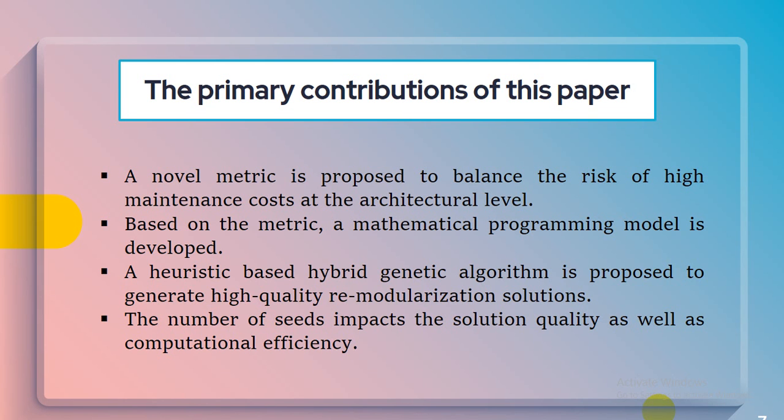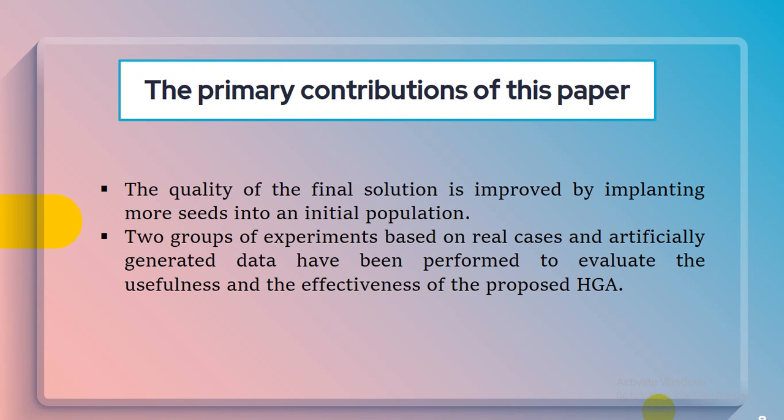The number of seeds impacts the solution quality as well as computational efficiency. The fourth point is that the quality of the final solution is improved by implementing more seeds into the initial population. Two groups of experiments based on real cases and artificially generated data, real case data and artificially generated data, are used. Based on those two groups we can experiment and evaluate the usefulness and effectiveness of the hybrid